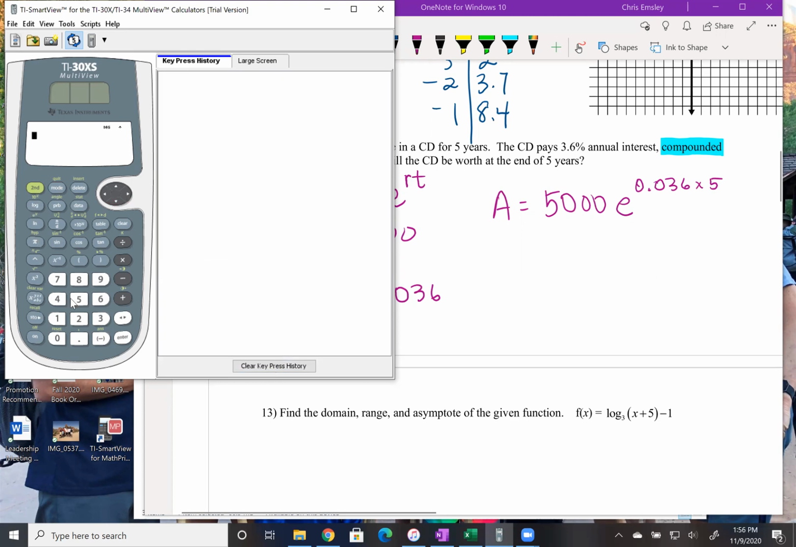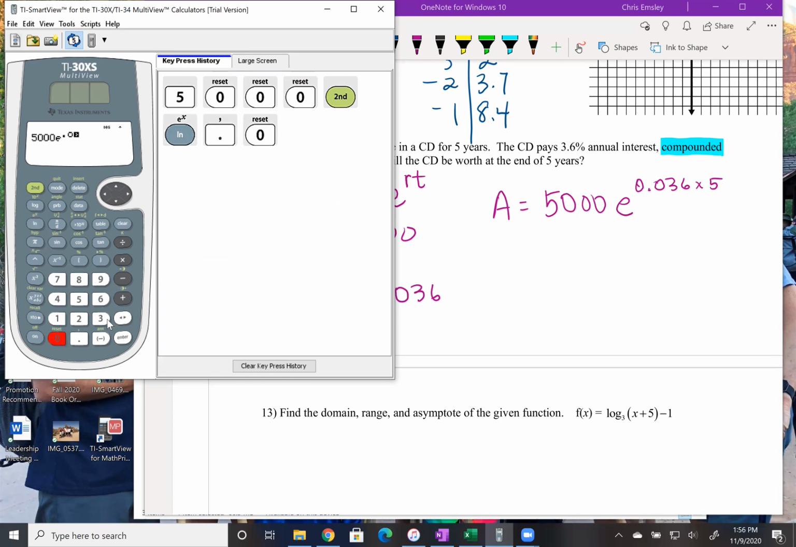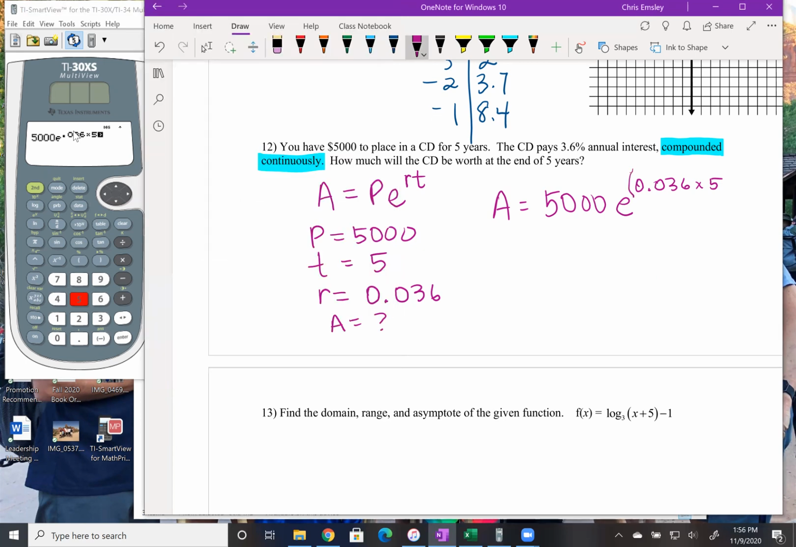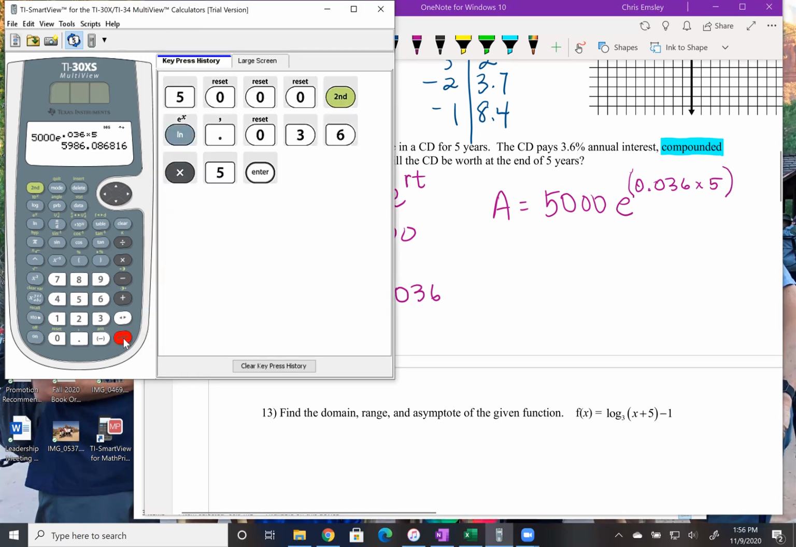Okay, so 5,000 times e. To get e, we need the shift and then the natural log button, and then e to the 0.036 times 5. There's our exponent. Again, if you don't have a multi-view calculator, you may need parentheses around that exponent when you type it into your calculator. And we get